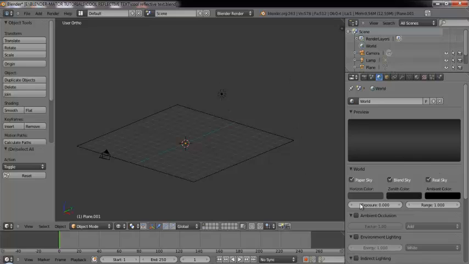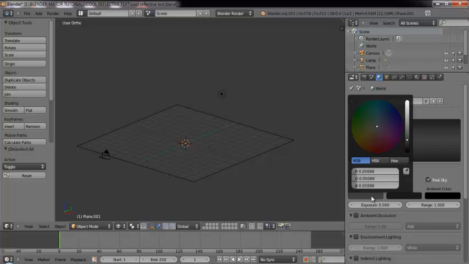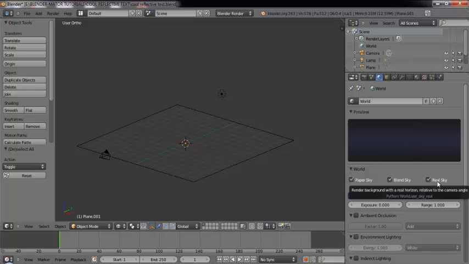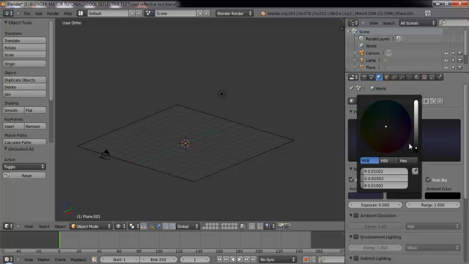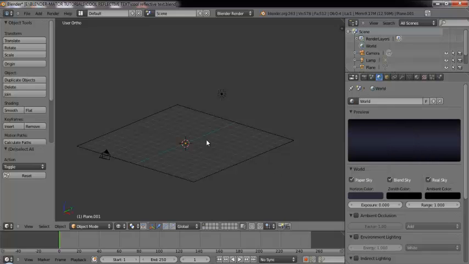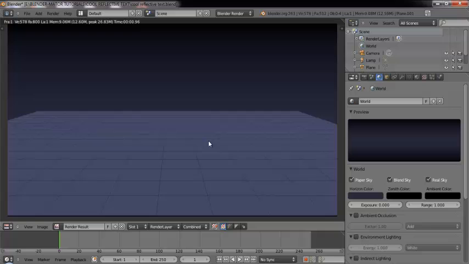Okay, so the horizon color would be the same as what we gave for the plane, so I'm going to give the same value, 0.02077 for red and 0.02144 for green and 0.04445. So this is the value I've given for the horizon color, and the zenith color and ambient color could be total black. So just take a quick render and we see we have a color which matches with the plane. Fine,